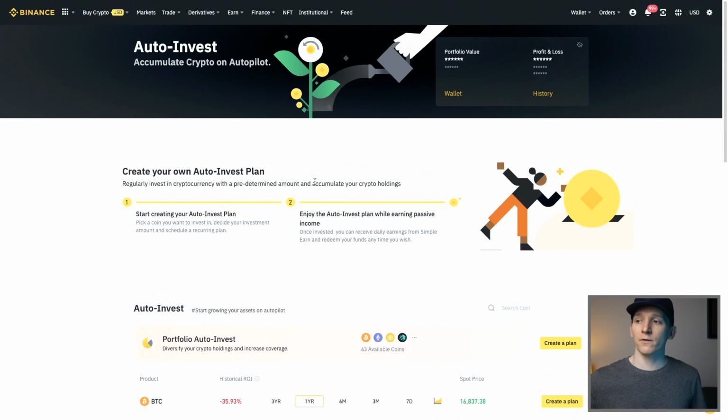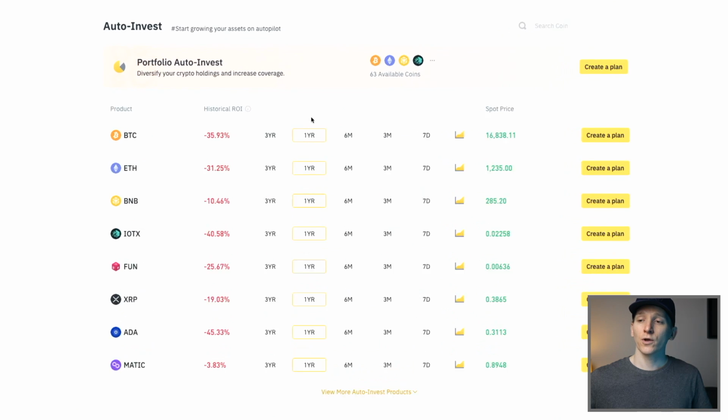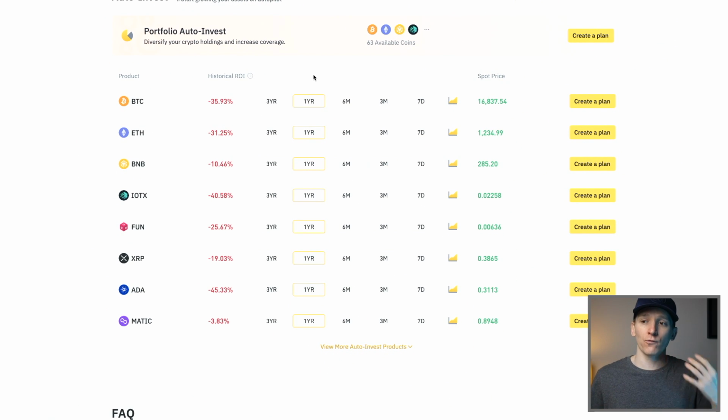I'm going to show you my Binance right here because you can dollar cost average. As you can see, if you dollar cost average Bitcoin or all of these coins over the last year, you would be down. This is obviously terrible, but this is investing. It's a risk where you have to put your money at stake and invest your money over the long term to take advantage of falling prices and then years later take advantage, hopefully, of fundamental growth within an industry. As we can see here, Bitcoin has fallen 35%. So you'd be 35% down if you dollar cost average Bitcoin over the last year.